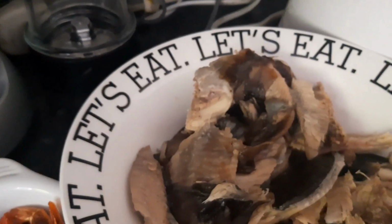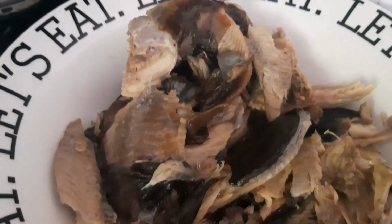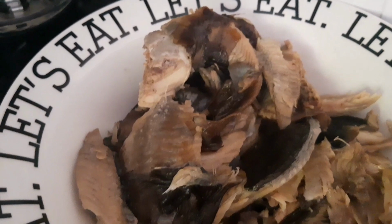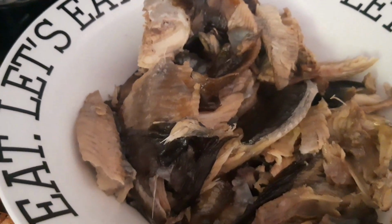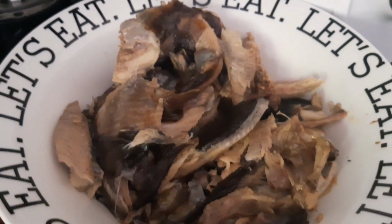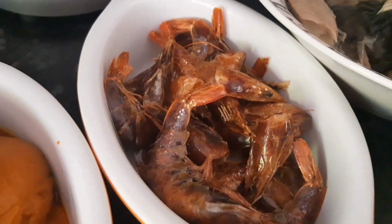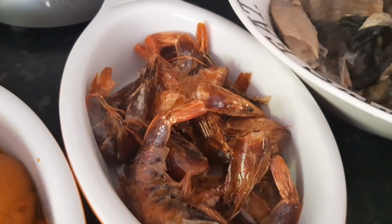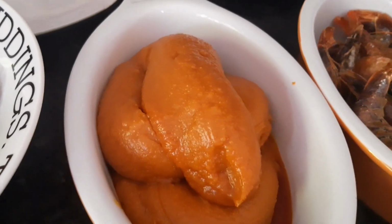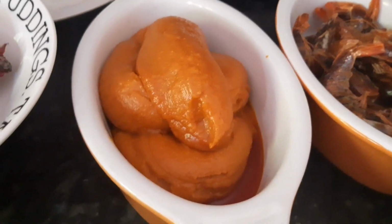We are also using, me and Pat, we always argue about this, I call it black cat ejakika, but it's actually black catfish. It's catfish. Dry catfish. So that's the dried, all washed and prepped. And then we have the dried prawns, which is idikupa. That's the palm oil. It looks like doo-doo. Sorry guys, we haven't melted it yet, but anyway, that's the palm oil that we'll be